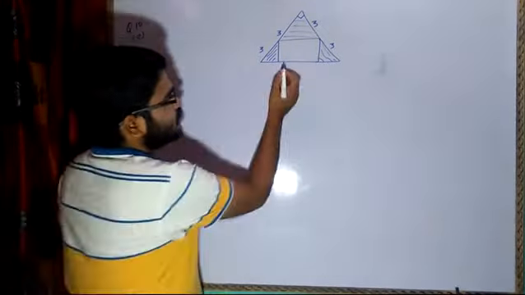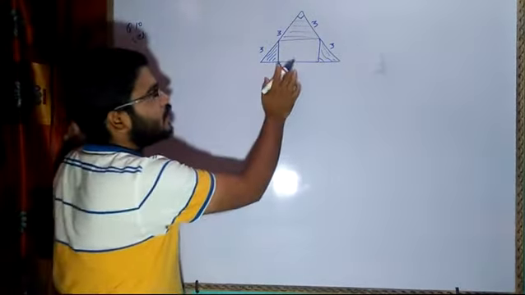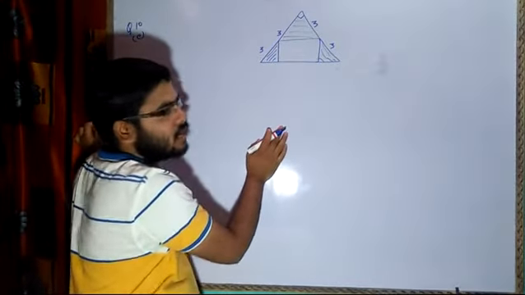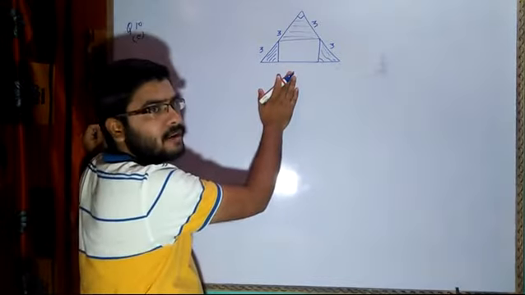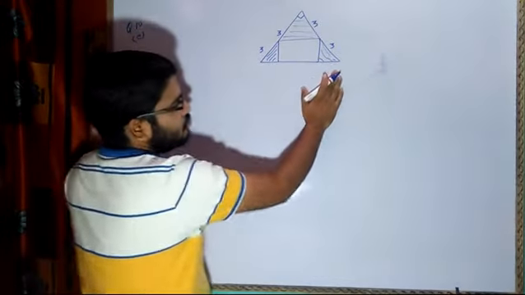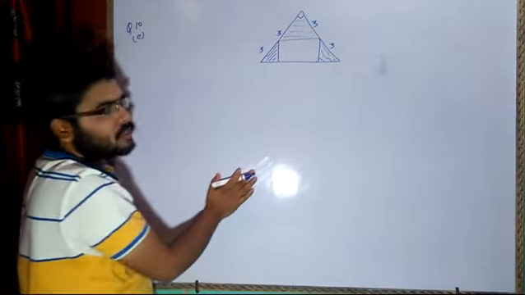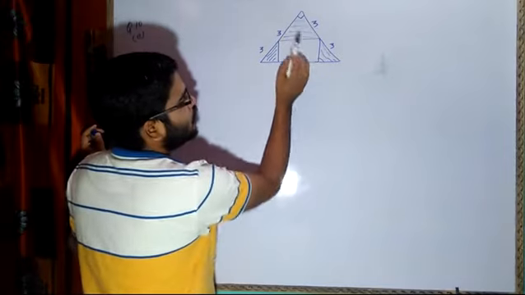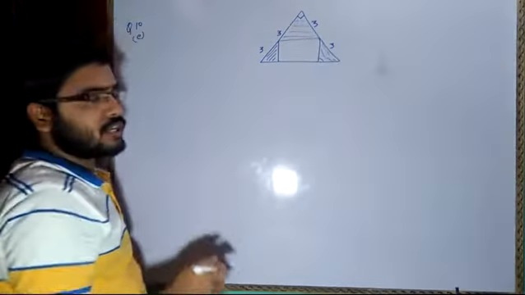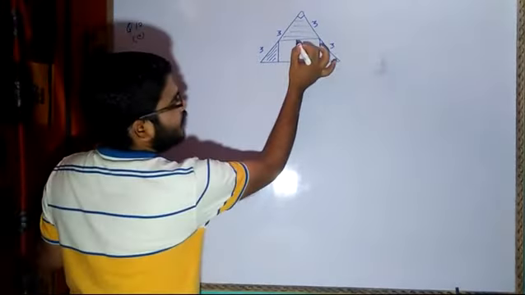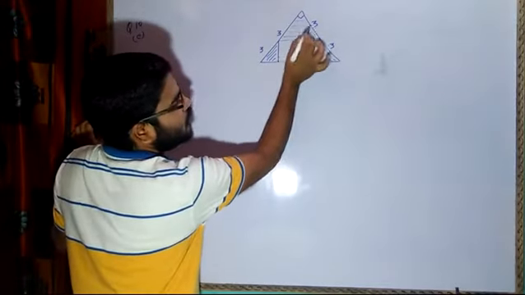Now, in this case, we don't have the dimensions of the rectangle. Then how do we calculate the length and breadth of the rectangle? Unless we find the length and breadth, we cannot find the area. The only suitable method I find to calculate the dimensions is the Pythagoras theorem. First of all, this side is 3, this side is 3, and the angle is 90 degrees, as it is given as an isosceles right angle triangle.